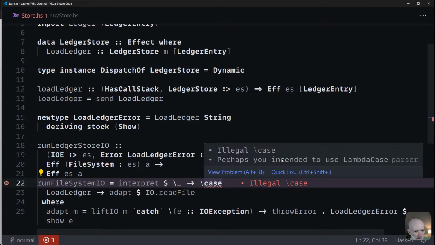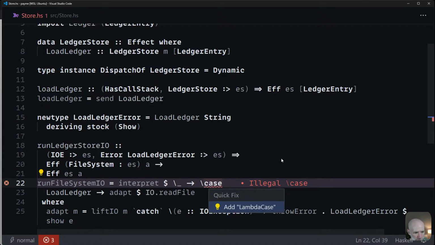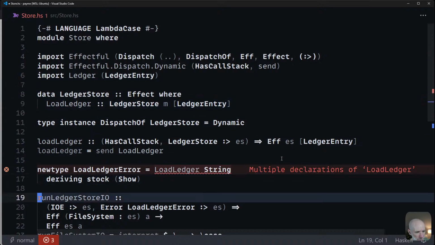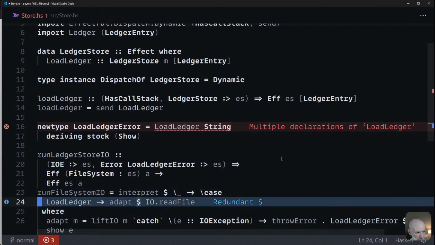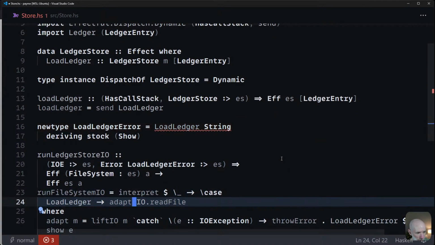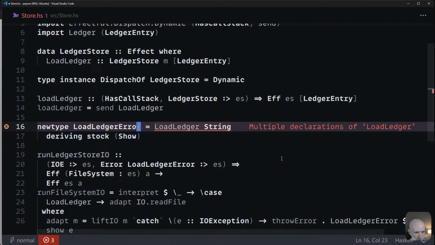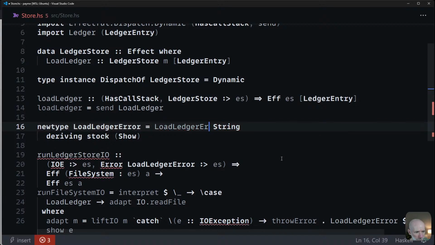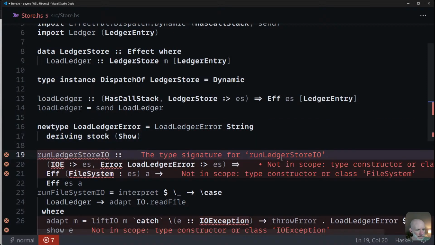So, but this thing, I don't understand this lambda case. Not come across that before. We don't have a path, so we need that in place. And multiple declarations of load ledger, because I forgot the word error. Okay,